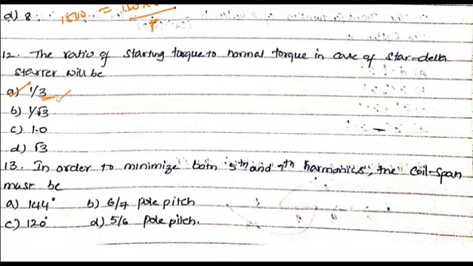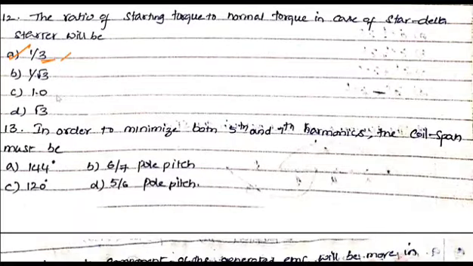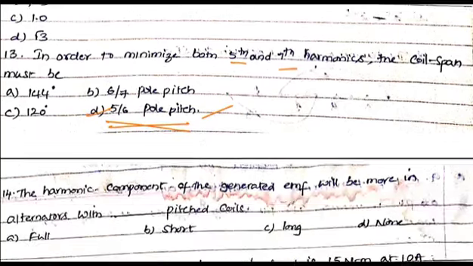In order to minimize both fifth and seventh harmonics, the coil span must be 5 by 6 of the pole pitch here. So standard question here, 5 by 6th of the pole pitch here. Next one,